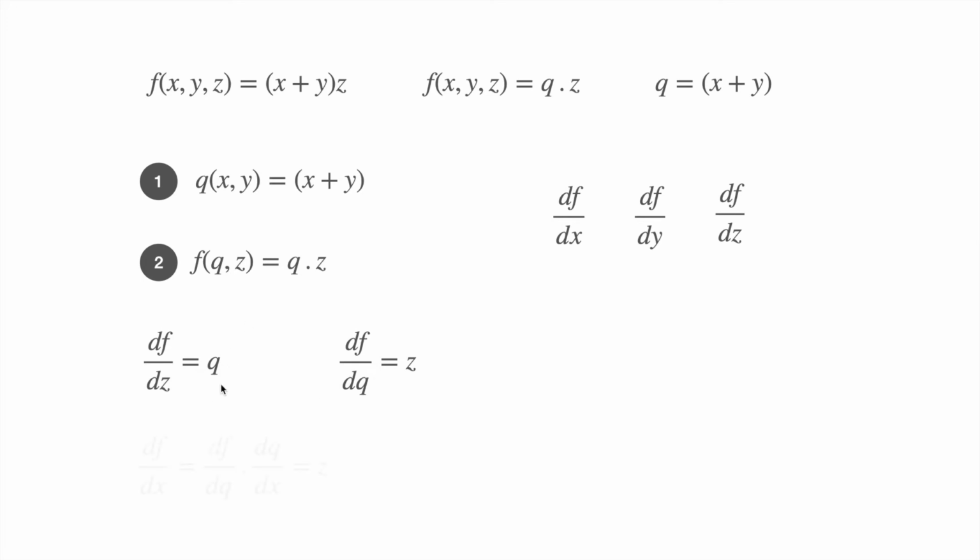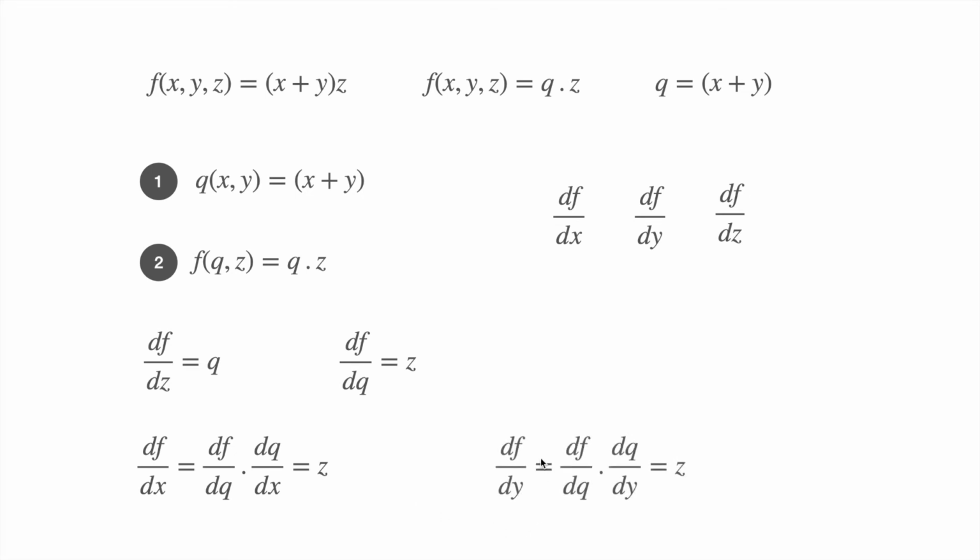So now we want to find df by dx. Our intention is to find df by dx, and we cannot calculate it directly here. So we have to start from here, then go to here, and then finally find the final derivative. So we start here with df by dq, which we can find from here, and then from here we do dq by dx: df by dq into dq by dx. We know that df by dq is nothing but z, and dq by dx is 1. We have also seen how to calculate the derivative for the addition operation. So dq by dx becomes 1. So it is z into 1, that is nothing but z.